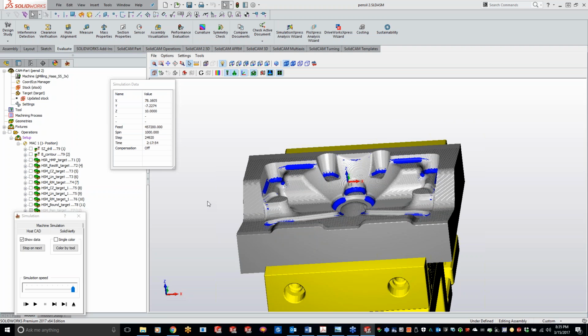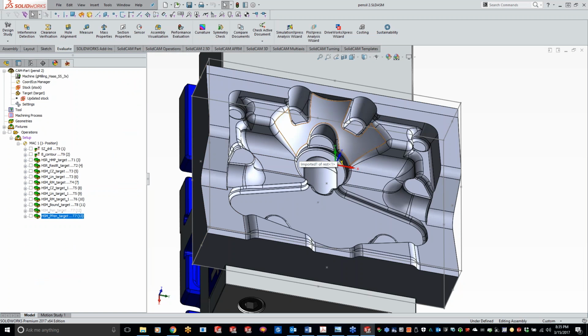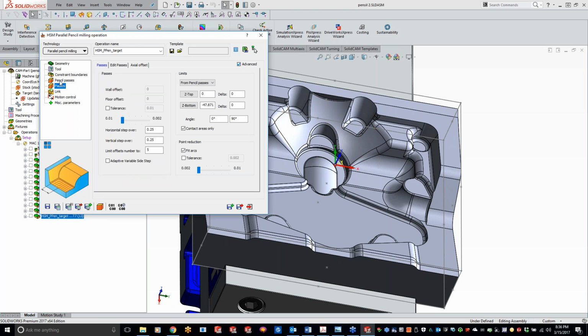How high up the ball will it follow the surface as an undercut? Ronnie, to answer your question, that's all based off the bitangency angle. But technically, with HSM, you really can't do undercuts. If we actually did have an undercut, we would want to use HSS for that. But it's basically all based off of the